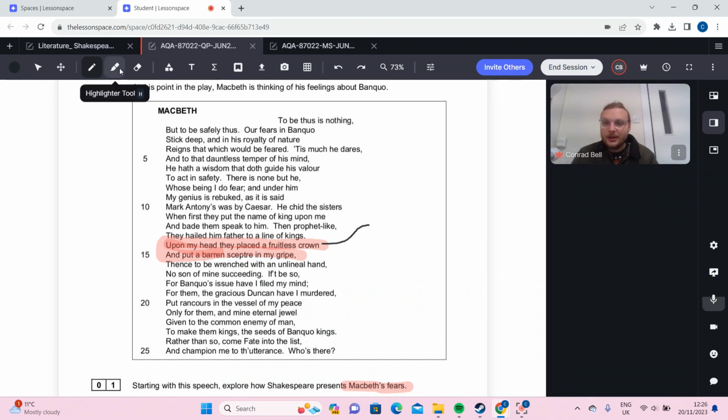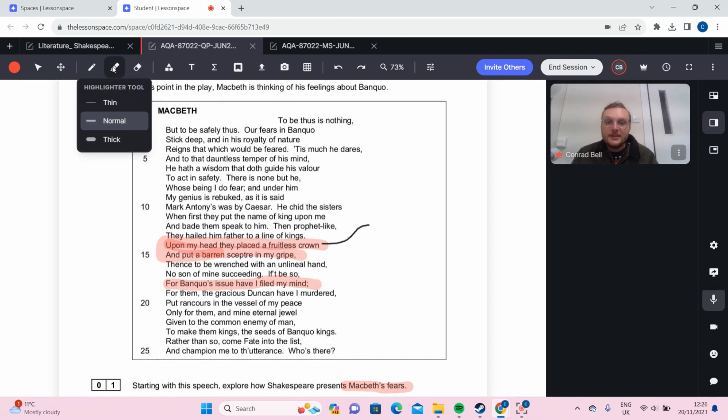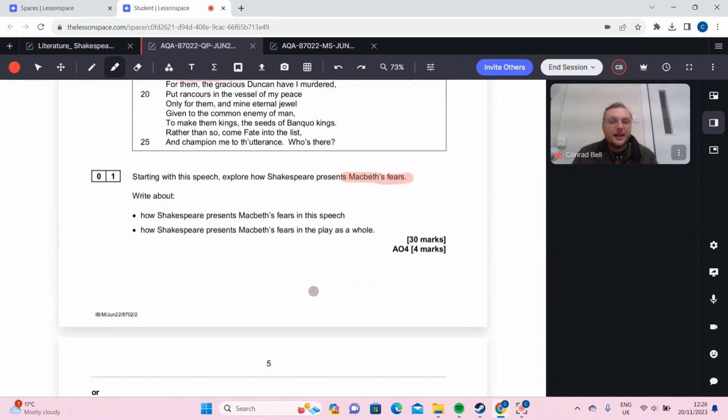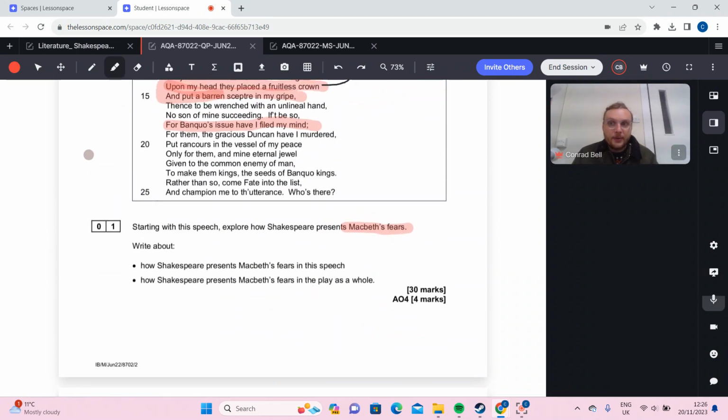And then we can talk about his fears with Banquo somewhere. Just somewhere in the text says about that. So we could just, this isn't the best one, but just about Banquo's fears on my mind. It's just about the guilt he's feeling along there. So then I tell my students to go along there, highlight, and then mark what the point you're making is. And then we get to planning our